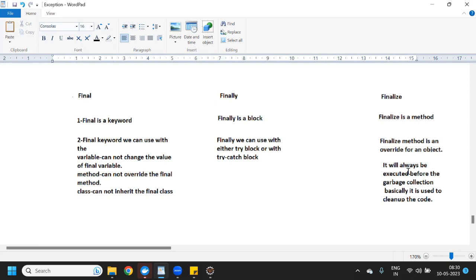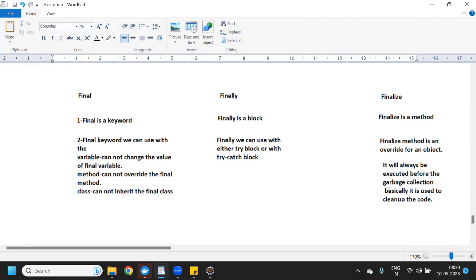So that's why we are saying the finalize method is used to clean up the code. It means before moving into the garbage collection, it will clean up the code. Clean up the code means if any file is open or any DB connection is open, then it will close it first.